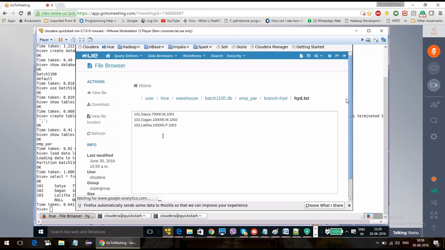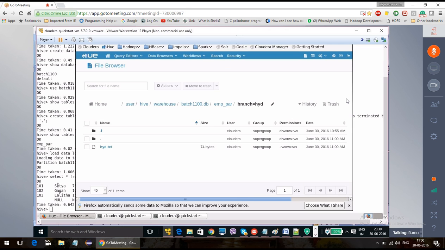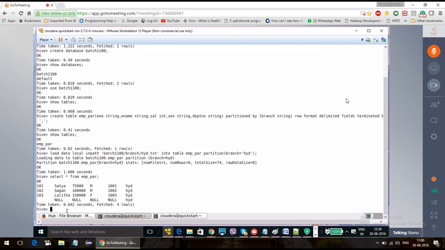If I edit this file, we'll see whether it goes. No, it is not going. I loaded it now, so it will not go.